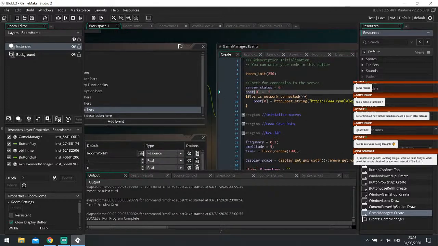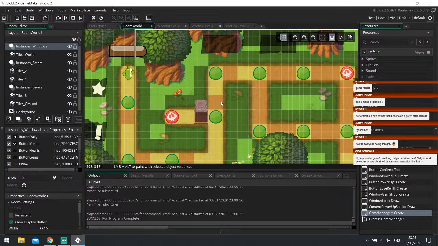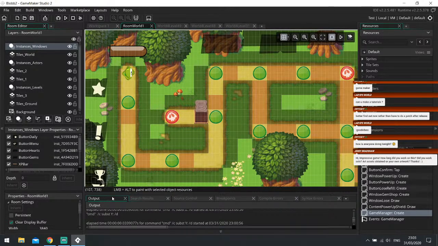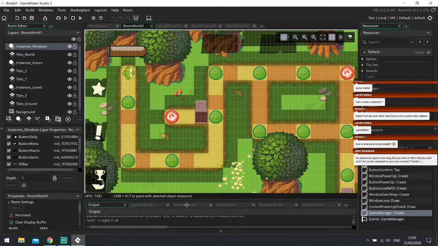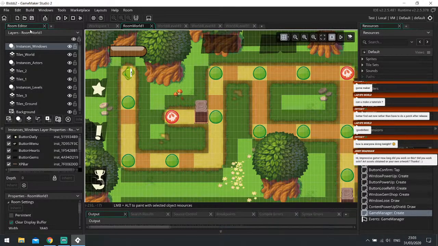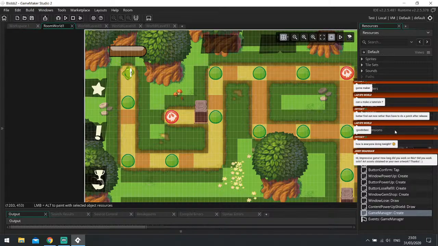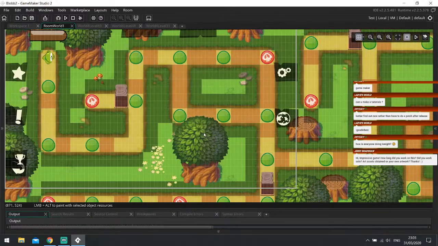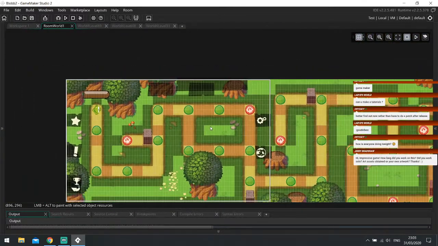So let's actually go into some of the level design first of all. So we're going to the world scene. So this is the world screen. Let's just get rid of this. Can I just hide this? No, I'll just make it smaller. Let's do that. Okay, so this is the world screen, and as you can see,